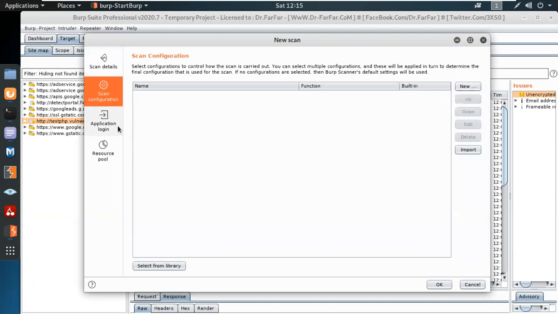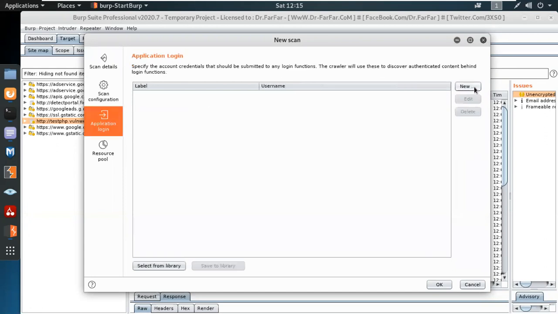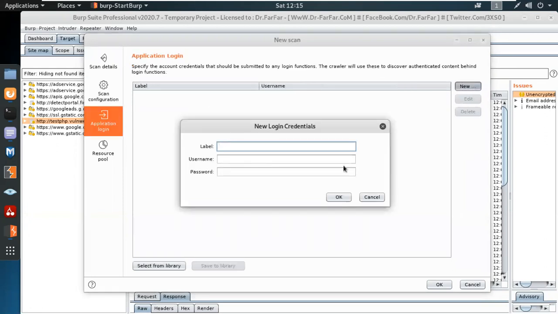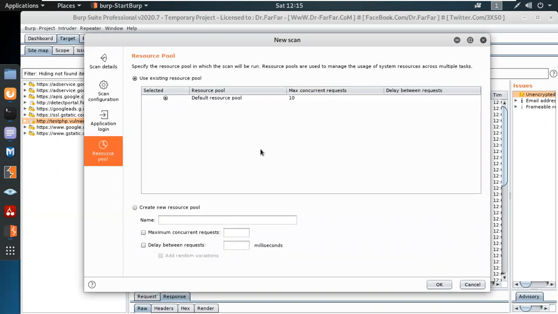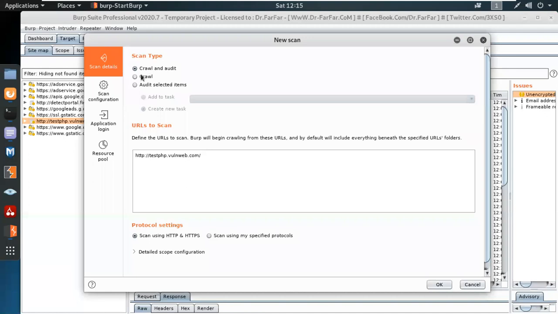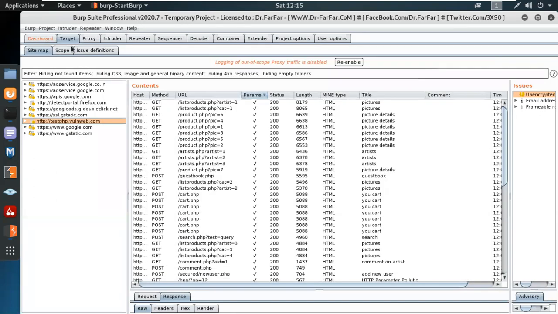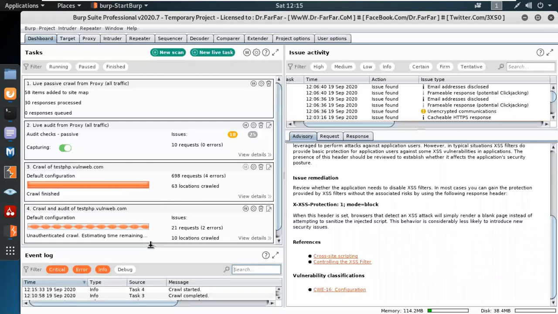So you can use your secure configuration login part. You can create the label username and password for securing your passwords or the resource codes. So let's use crawl and audit automation scan to identify the bugs on the server side. तो अगर आप यहाँ पे देखो डैशबोर्ड आपका हाईलाइट हो चुका है, क्यों? बिकॉज अब यहाँ पे क्रॉलिंग चल रही है विद ऑडिटिंग पार्ट।